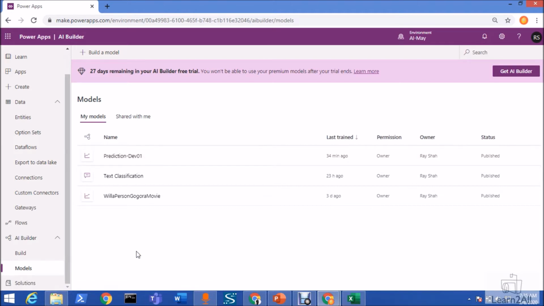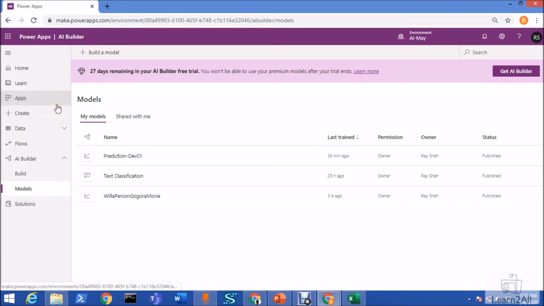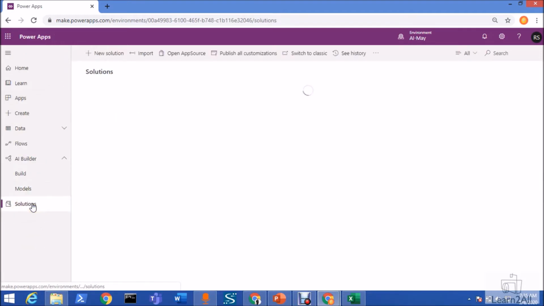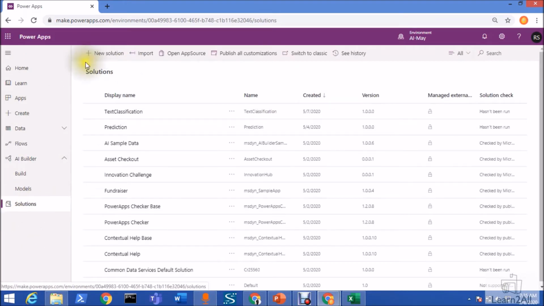The creation of Power Apps is somewhat different when using AI Builder inside Power Apps, because it is created with the help of a solution. So first of all, from your Power Apps, go to Solutions, and we need to build a solution from here. Click on create a new solution.